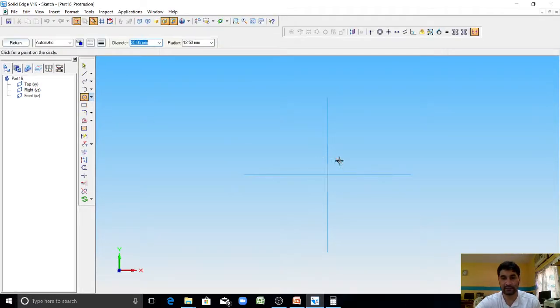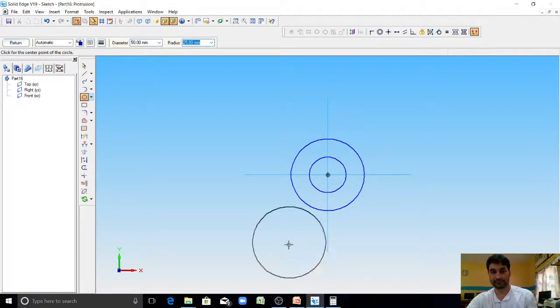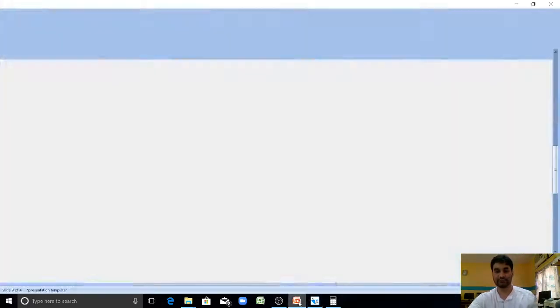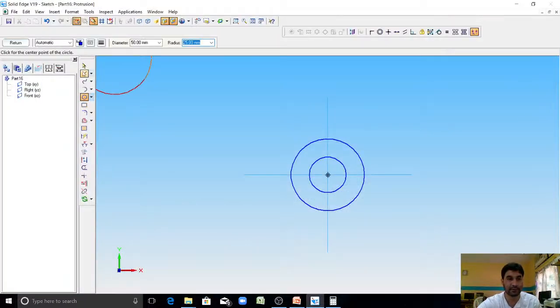Select the circle here of diameter, one is 25 mm dia, another circle of 50 mm dia. 30 mm length line is there.